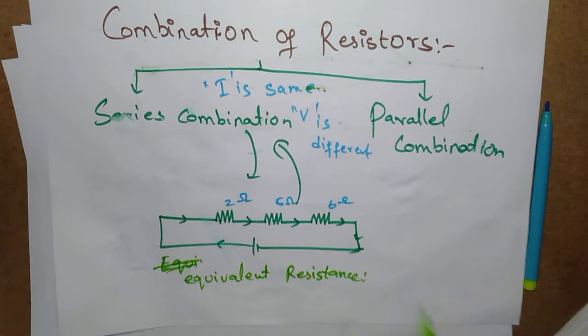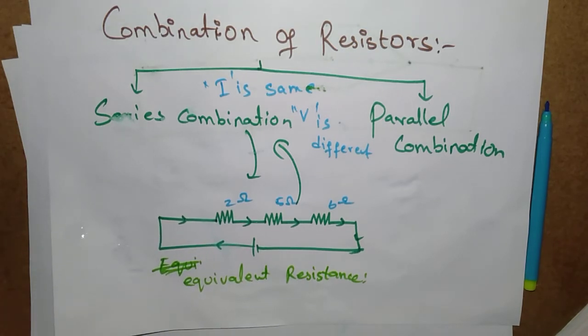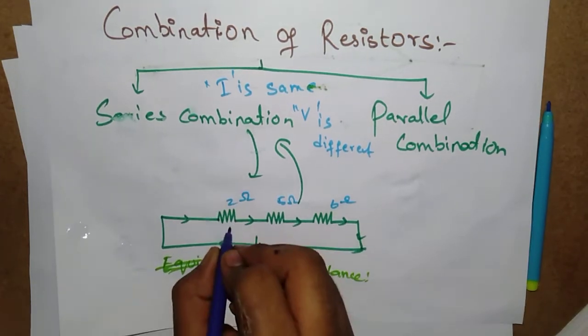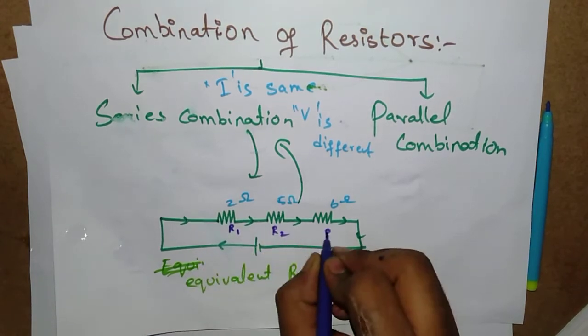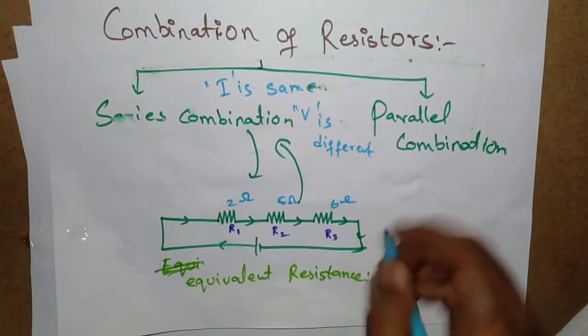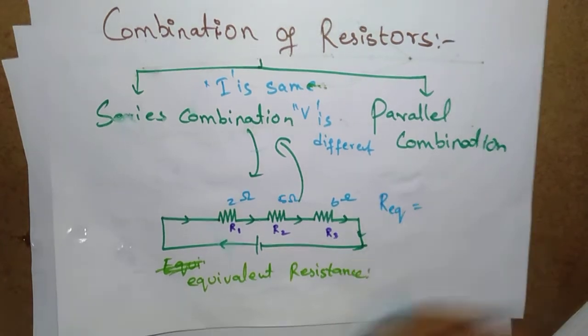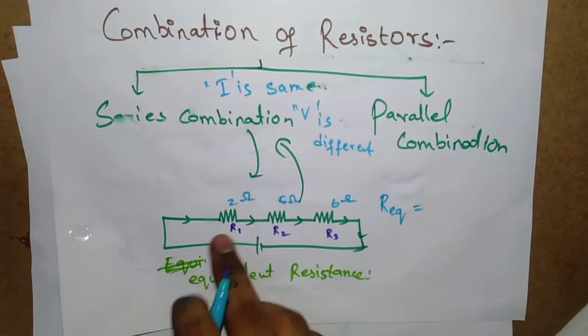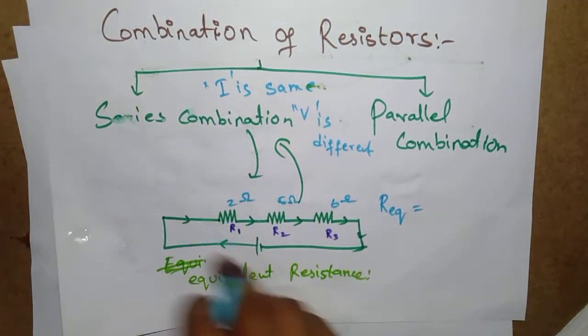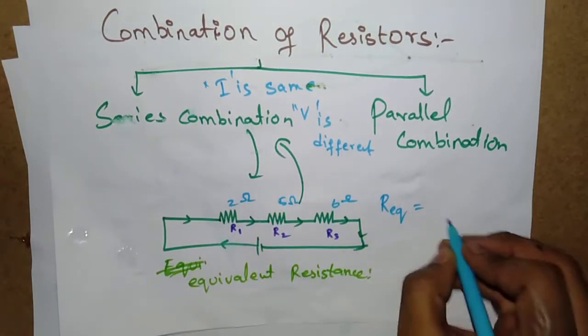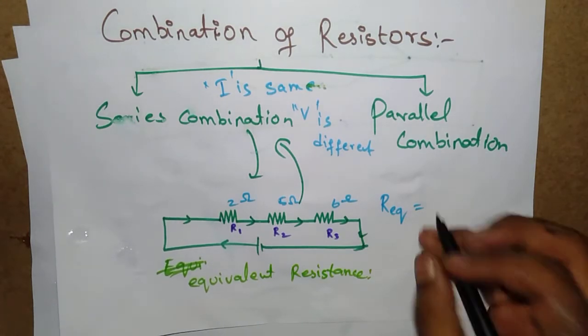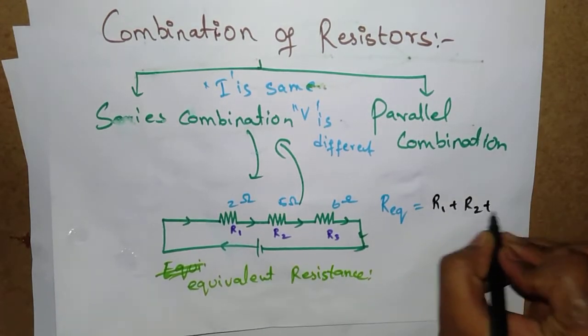यहाँ पर सीरीज कॉम्बिनेशन में इक्विवेलेंट रेजिस्टेंस पूरे रेजिस्टेंस को सम करने पर मिलता है। इट मींस अगर आप पूरे रेजिस्टर्स की वैल्यू को ऐड कर देंगे देन यू विल गेट द इक्विवेलेंट रेजिस्टेंस। फॉर एग्जांपल ये रेजिस्टर है R1, ये रेजिस्टर है R2, ये रेजिस्टर है R3। सो मुझे इक्विवेलेंट रेजिस्टेंस यानी R equivalent चाहिए, सो आई विल ऐड R1 प्लस R2 प्लस R3 इन सीरीज कॉम्बिनेशन। So equivalent resistance in series combination is R1 plus R2 plus R3,